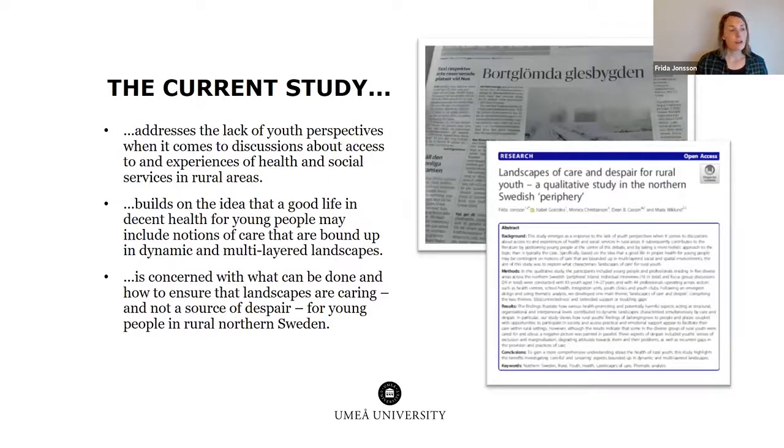Overall, this research is a response to a general lack of youth perspectives when it comes to discussions about access to and experiences of health and social services in rural areas, especially in the global north. In this regard, our research contributes to the literature by positioning young people at the center of this debate, but also by taking a more holistic approach to this topic than is usually the case. And this we do by